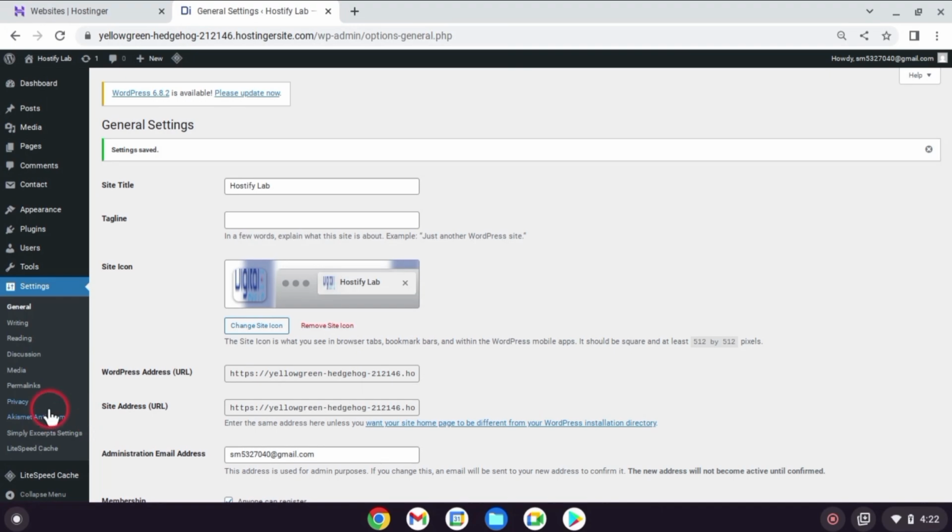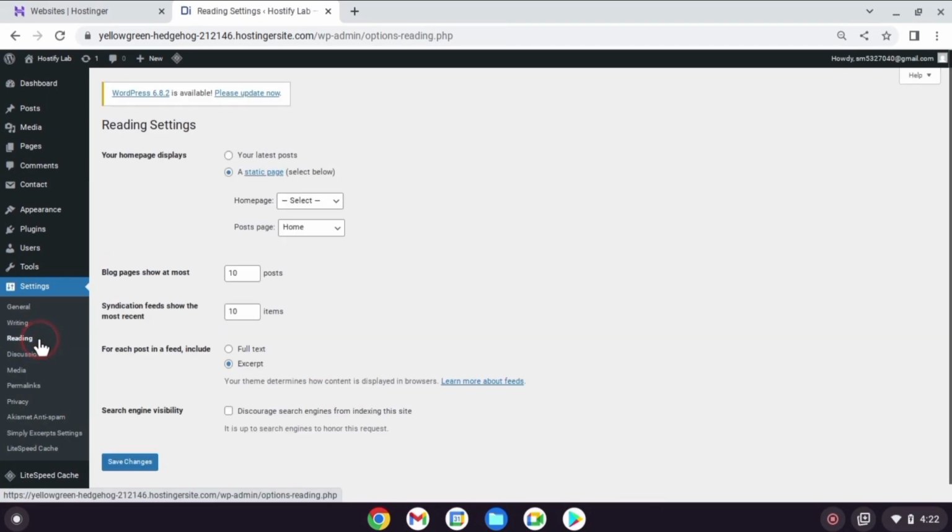Now let's go to Reading Settings. Back on the left menu, under Settings, click on Reading. Here is what you will see. Your homepage displays. This controls what shows up on your homepage. If you want a blog style site, keep it on your latest posts. If you made a custom homepage, you can select a static page, then choose your homepage and blog page from